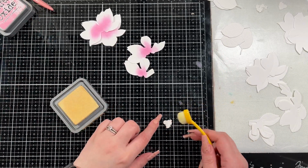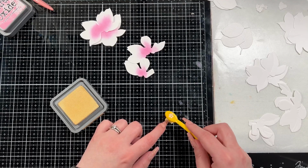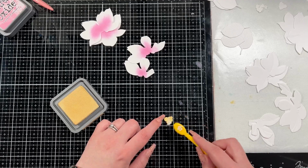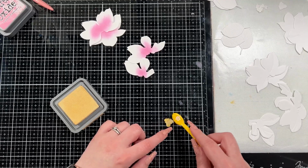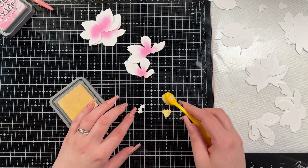So for the pink, I used Kitsch Flamingo, and then there's 2 center pieces, and I'm going to use Scattered Straw. I believe that's the color. Yeah, I did, Scattered Straw for this. So I just colored the 2 layers. I'm using some mini blending brushes. This just gives me a bit more of a